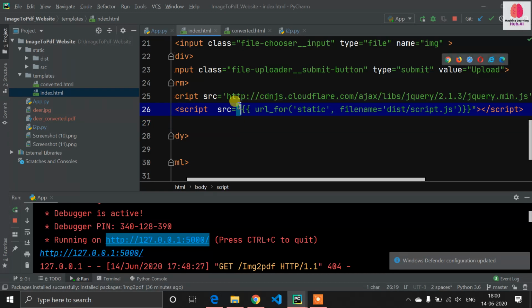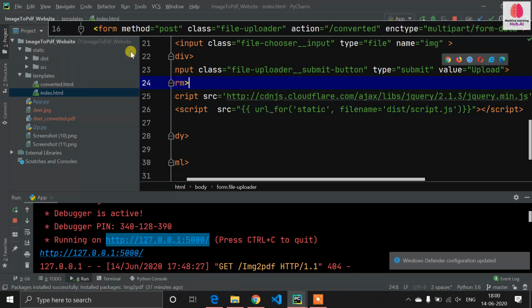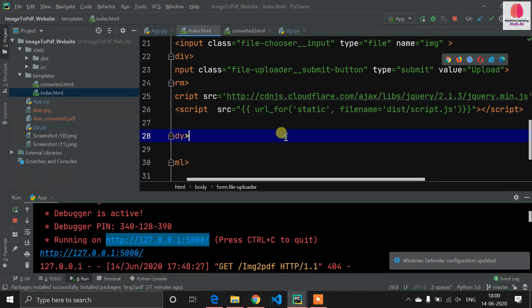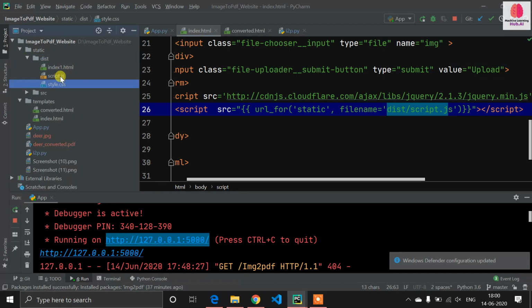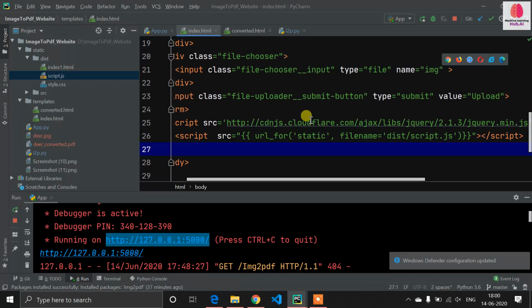You put double quotes here, and after that two brackets, and write url_for, then static, then filename equals, where you mention the file which is stored in the static folder. You can see I have mentioned dist, then script.js, which is this file. So with Jinja templating, you have to give the path of your file.